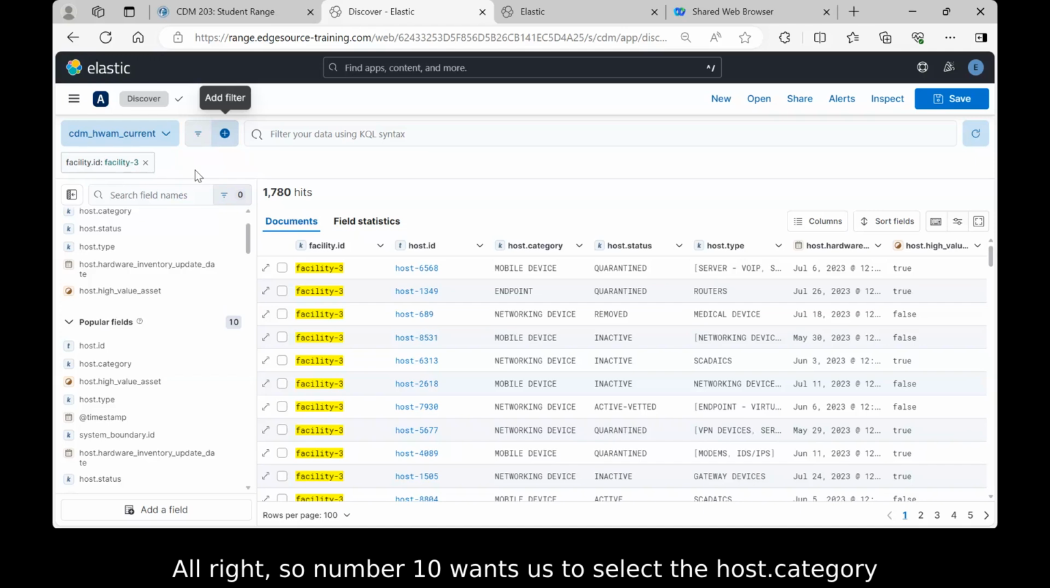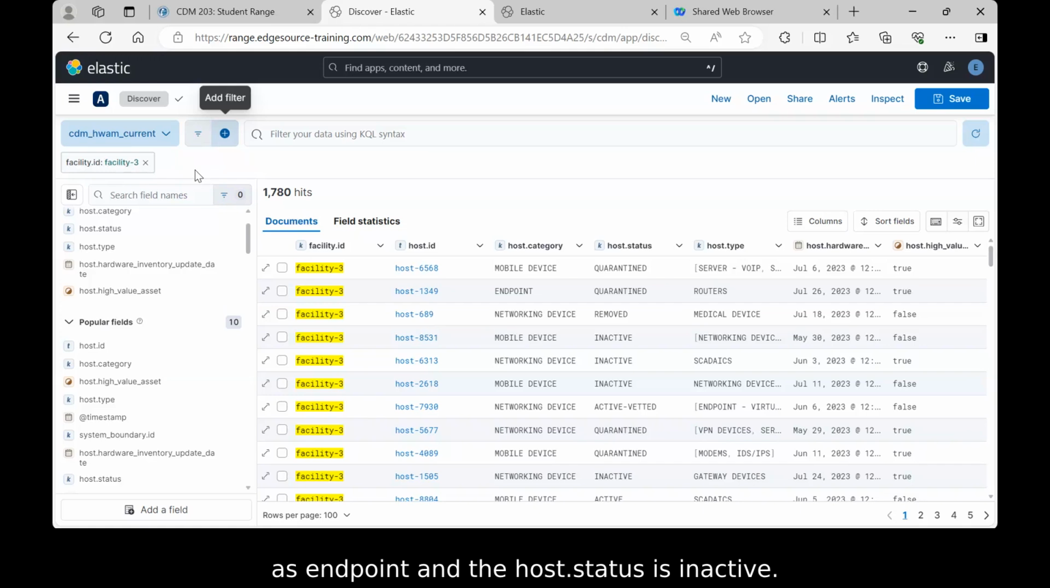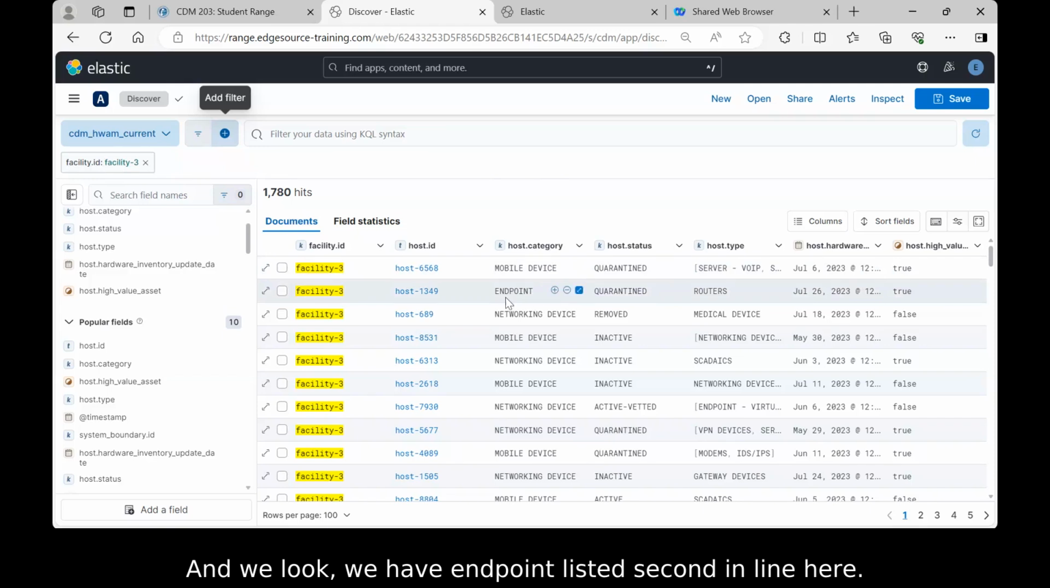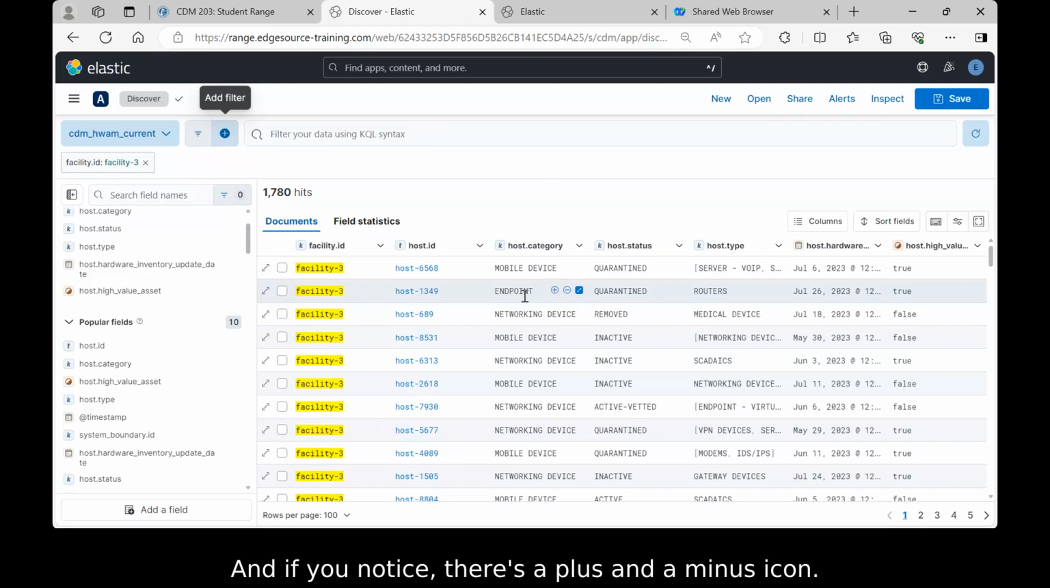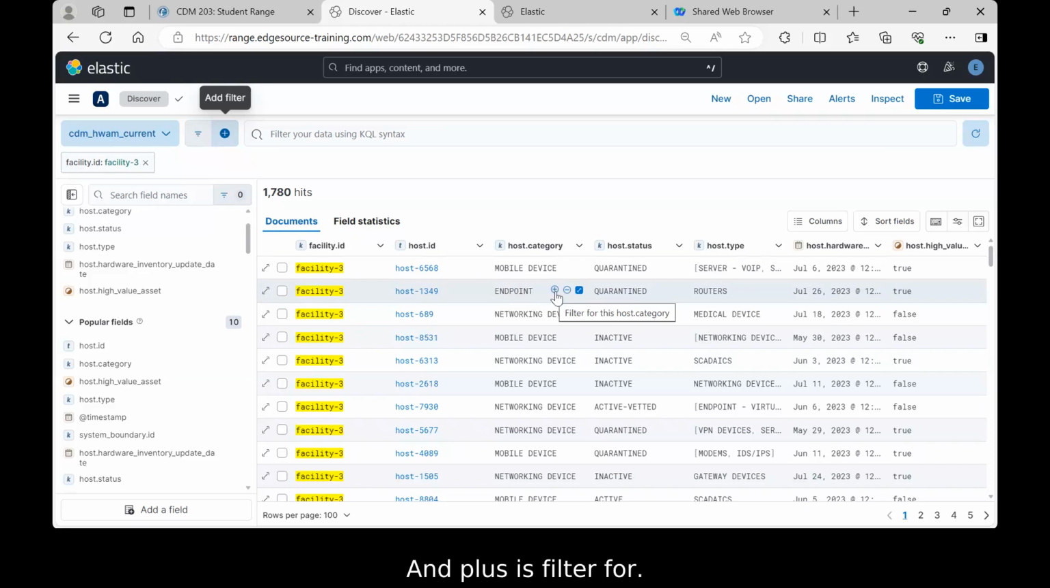All right, so number 10 wants us to select the host category is endpoint and the host status is inactive. Now I'm going to show you a little trick, a shortcut, I should say. If we go to host category right here and we look, we have endpoint listed second in line here. And if you notice, there's a plus and a minus icon, and plus is filter for, minus is filter out. So if I click the plus,